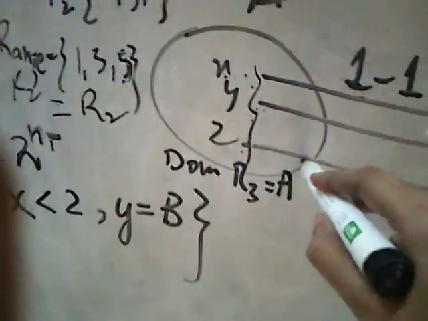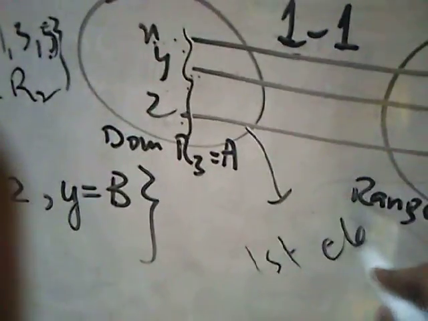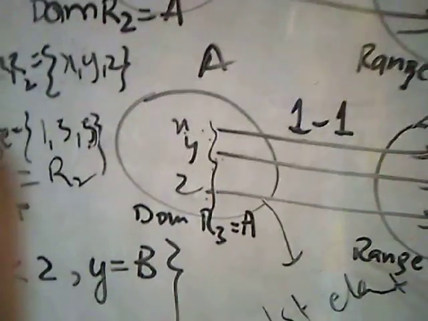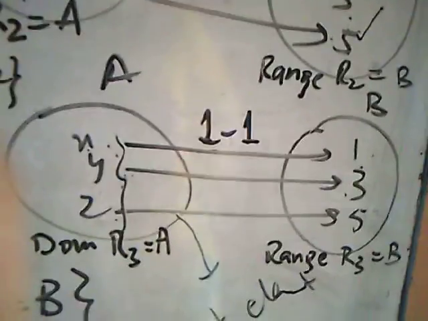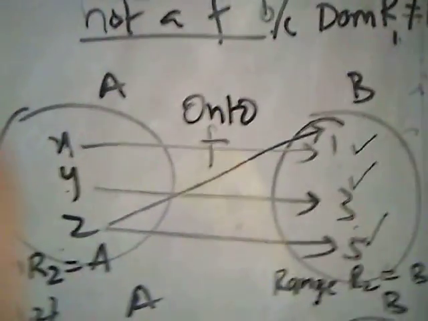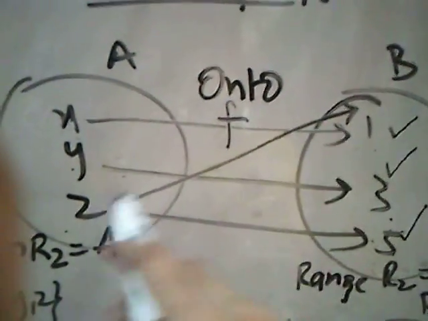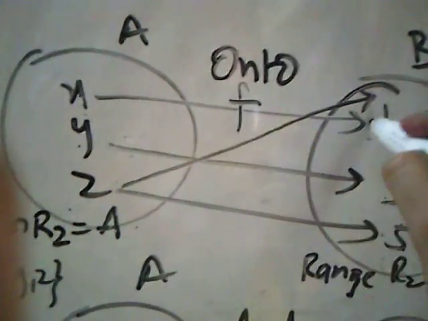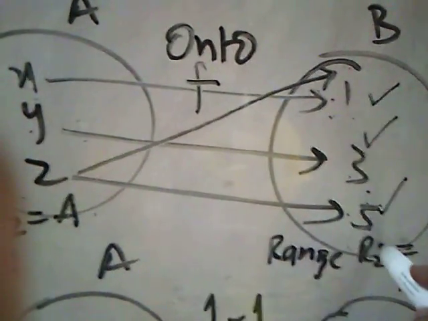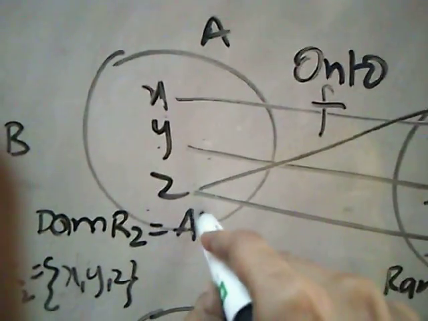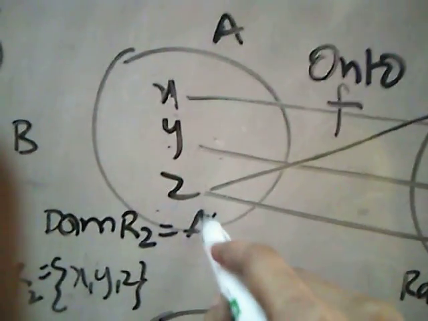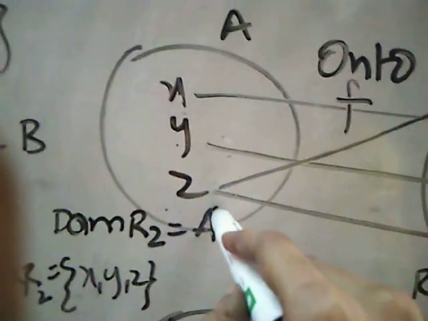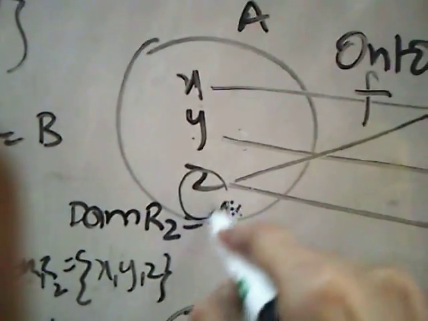Whenever there is no repetition in the first element, that is, each member is used only one time, it is 1-1 correspondence. In this onto function, x was used once, y is used once, but z is used twice, once with 1 and once with 5. So there is repetition in the domain, in this third element. So it is not 1-1 correspondence, whereas where there is no repetition in the first element, it is 1-1 correspondence.